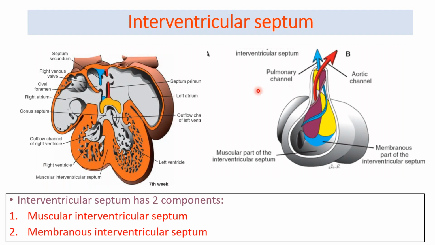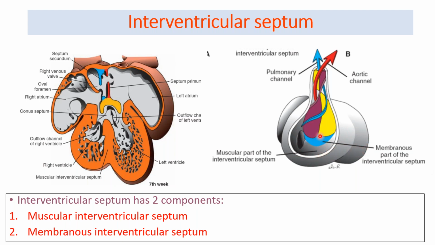Now we come to the other part of our lecture, which is the interventricular septum. We had seen in this picture, you can see this is the right ventricle, and this is the continuation of the conus cordis and the truncus arteriosus. So we have seen the conotruncal septum formation, formed by the fusion of the truncal septum and the conal septum in the truncus arteriosus and the conus cordis part. Now we talk about the ventricle. So this is the right ventricle, and the opposite side will be the left ventricle.